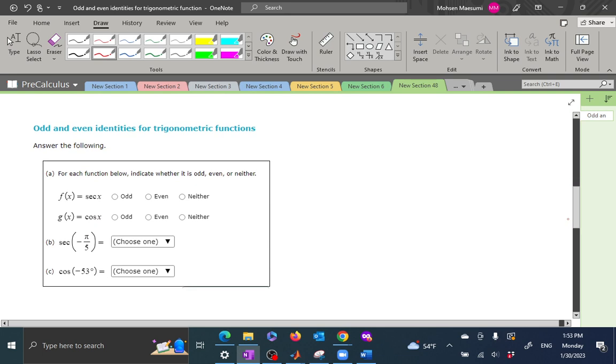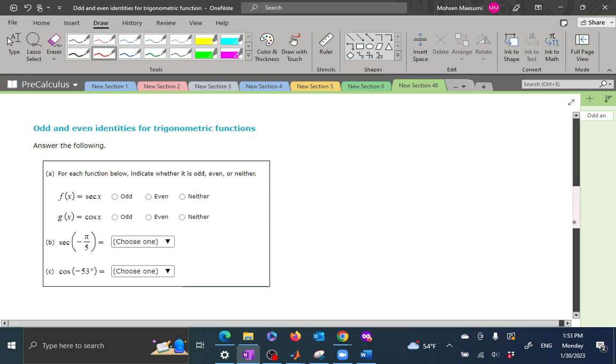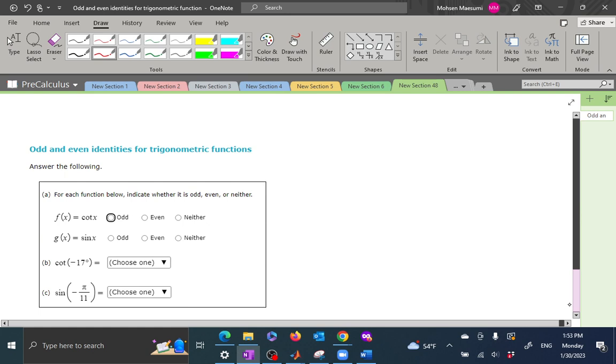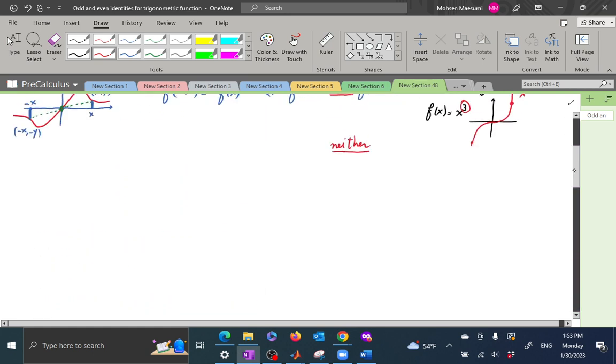So let's go ahead and take a look at how the problems look here. We are given some pairs of functions, and the question is to decide if they are even, or odd, or neither. So let's just explain the situation, and then you can answer all these kinds of questions. They're all very similar to each other, so we can cover all of them. So remember,